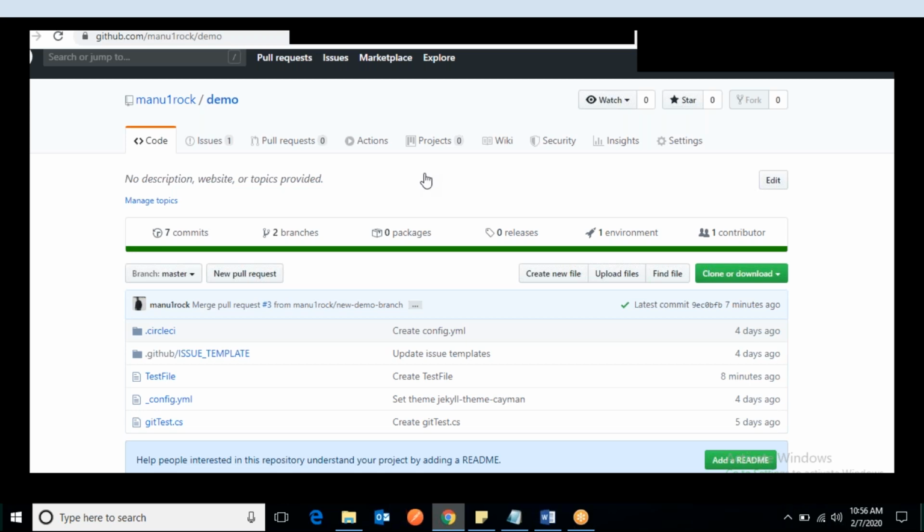In a very short time we'll see how to integrate with Jenkins, how Jenkins will build this code, and if the build is successful, we create a pipeline which deploys to some environment, the QA environment or whatever environment we create. That build will be deployed to the particular environment. So that's the process.